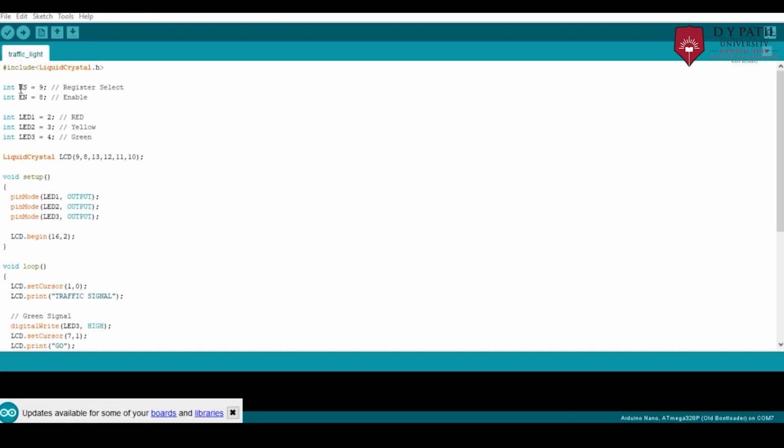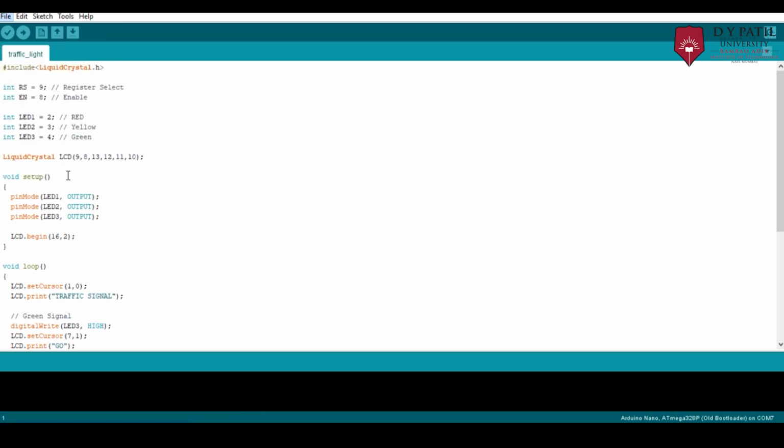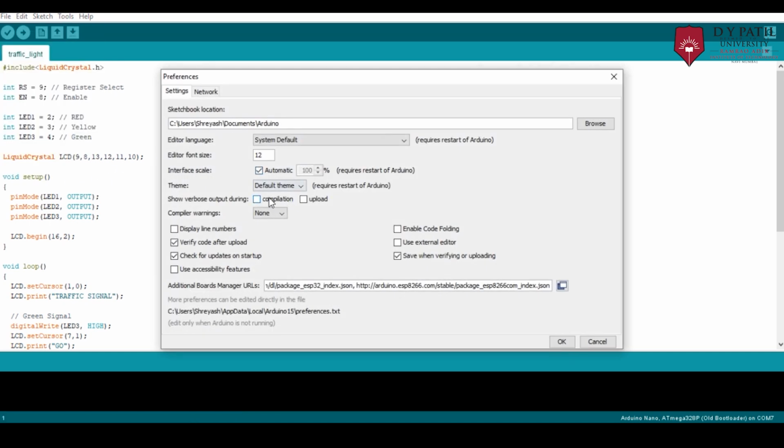Once we are done with the coding on IDE, we will go on the File option, select Preferences. Thereafter, we will click on Compilation and press OK.